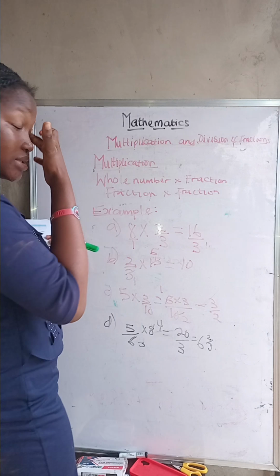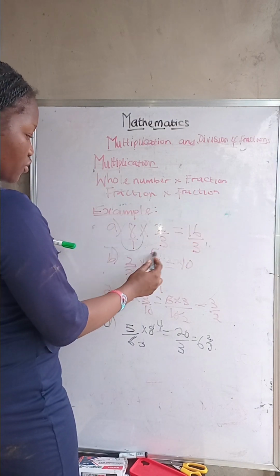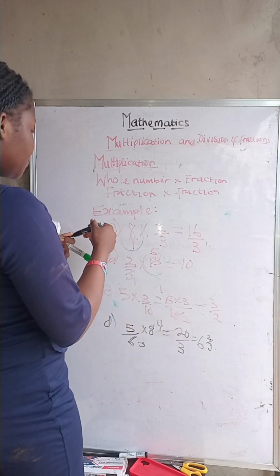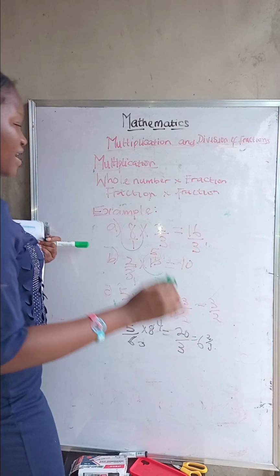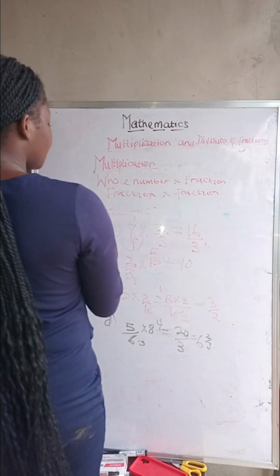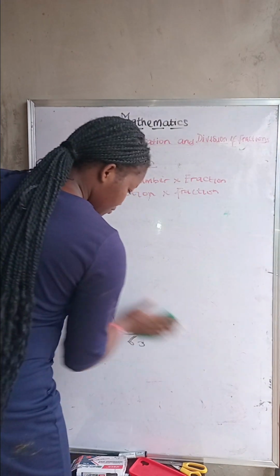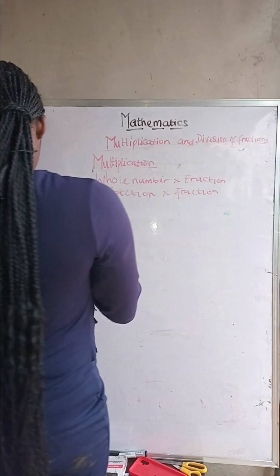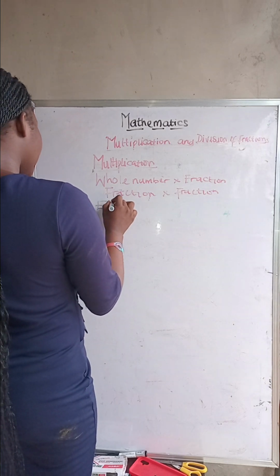So do you understand this? So this is whole number times fraction. Whole number times fraction. Then we are going to fraction times fraction. Fraction times fraction. So if you want to multiply a fraction and a fraction,